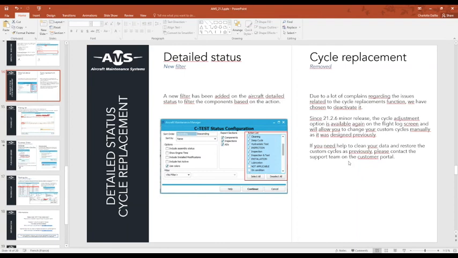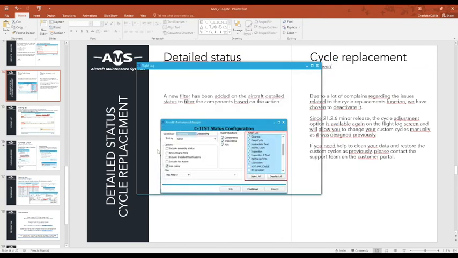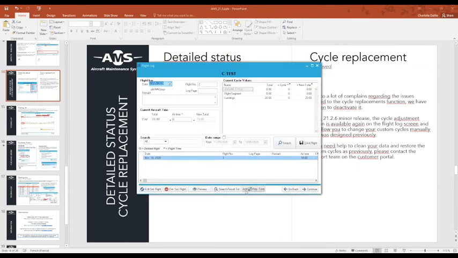and we will think on how we can improve it. But for now, it has been completely deactivated, and the flight log cycle adjustment that was there before is now back. So you have the possibility to add to your total.